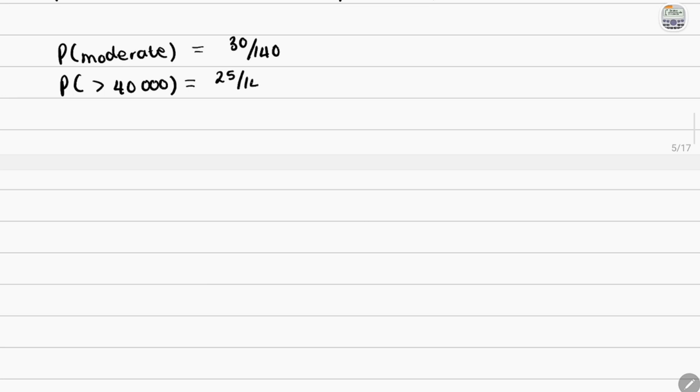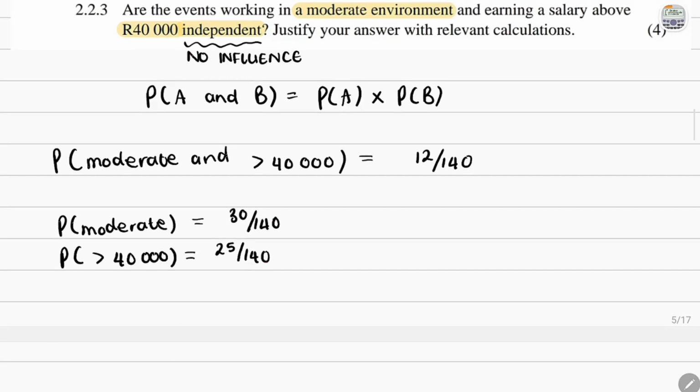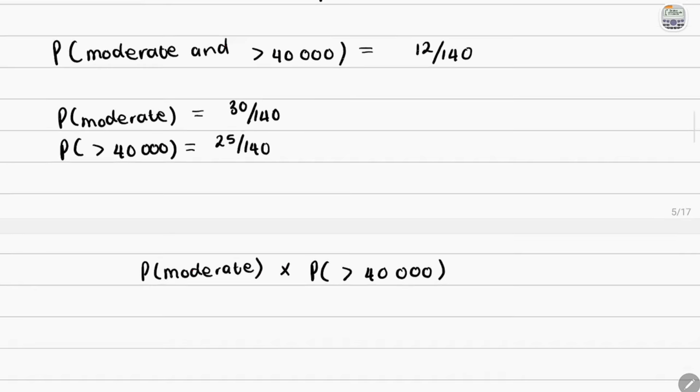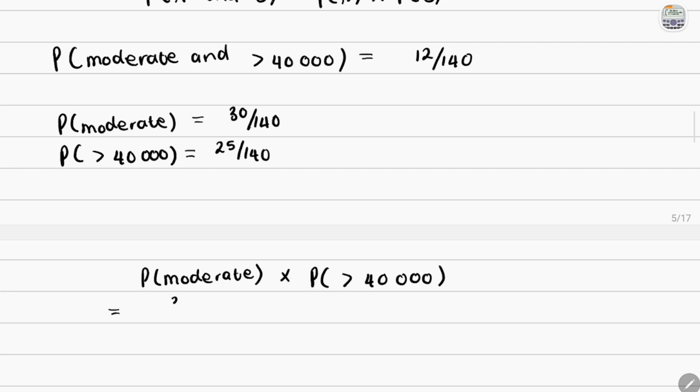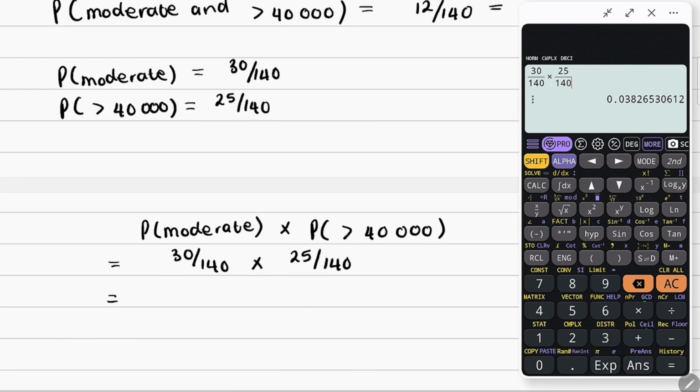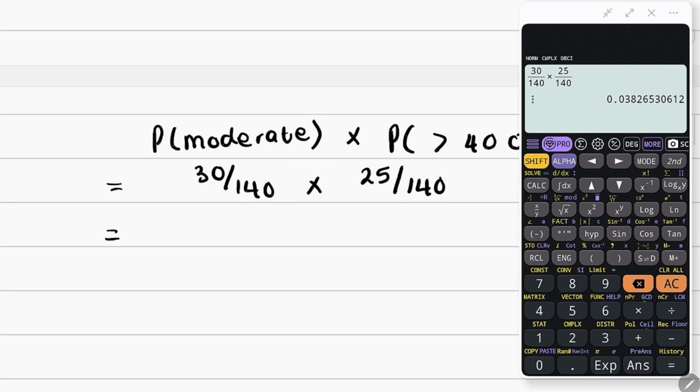So 25 over 140. And now we need to multiply to see whether it actually gives us this. So we'll say the probability of moderate multiplied by the probability of earning more than 40,000. We could have just said 40K, but it's fine. And so this is 30 over 140 multiplied by 25 over 140. I should also write this as decimals, and I'll go ahead and do that. Okay, so as decimals, that is